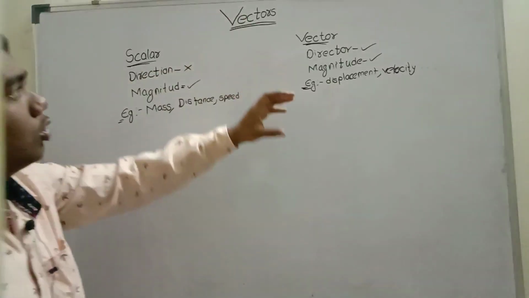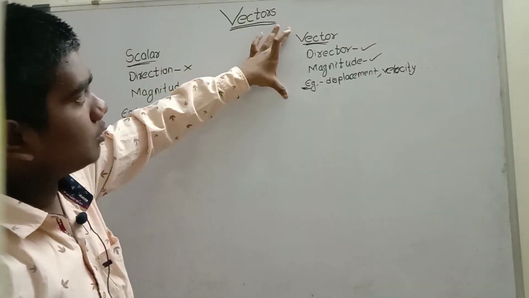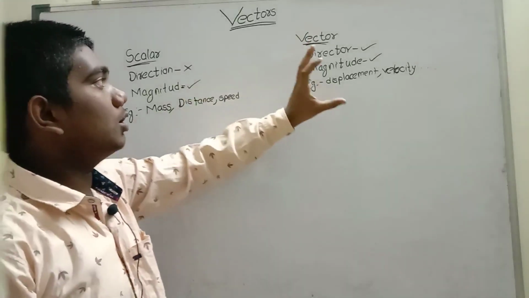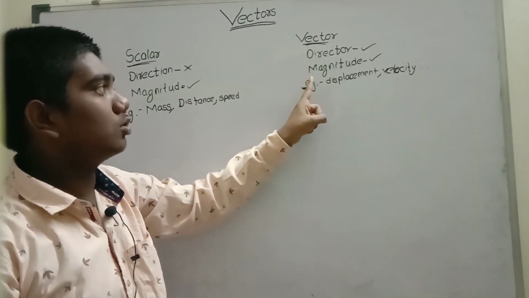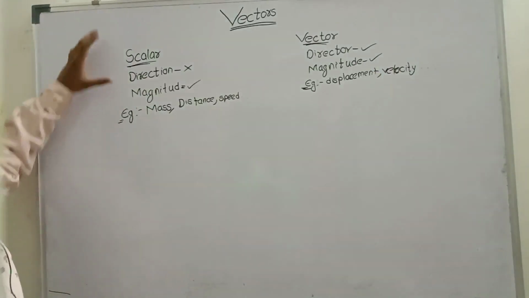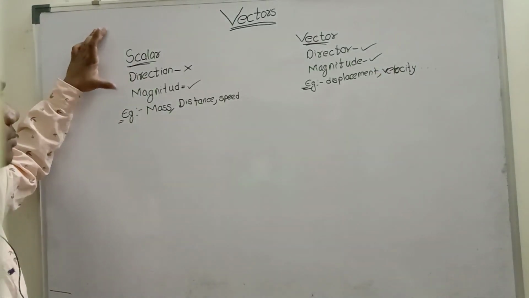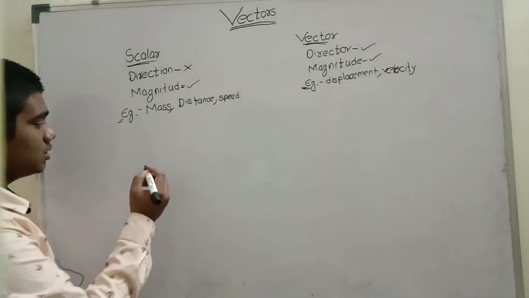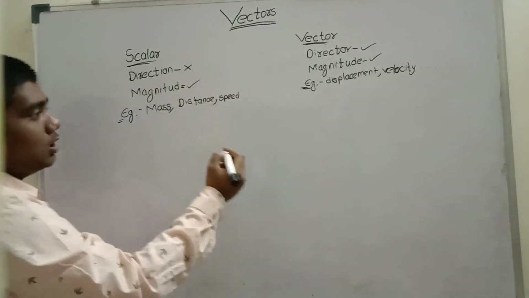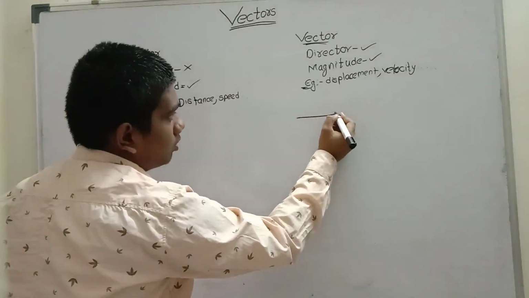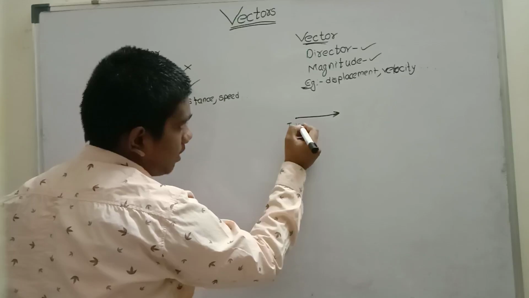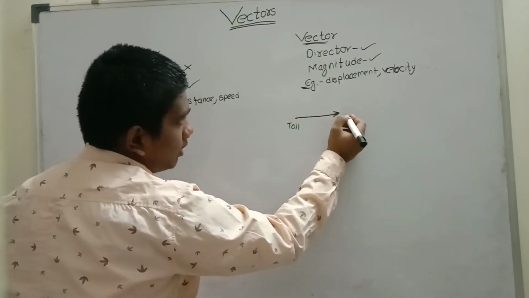So in this chapter we are going to see only types of vectors and vectors. Vector means, once again, which has both direction and magnitude, for example displacement, velocity, and so on. Scalar means which has no direction but there is magnitude. Magnitude means a certain value. A vector is denoted with an arrow. This is called the tail